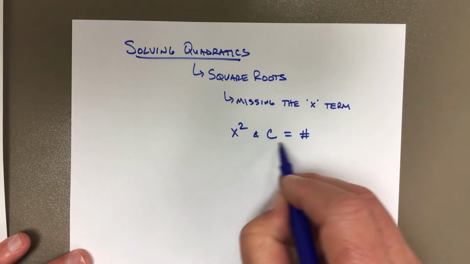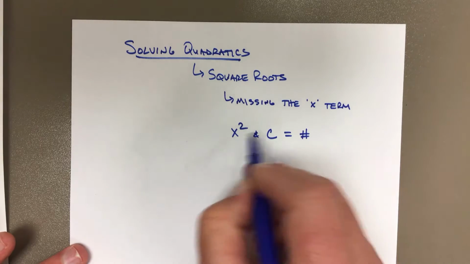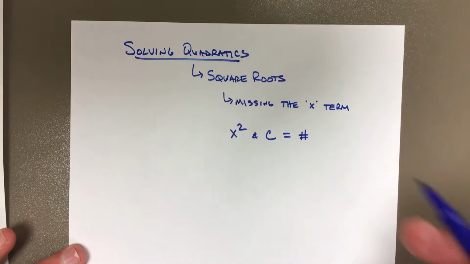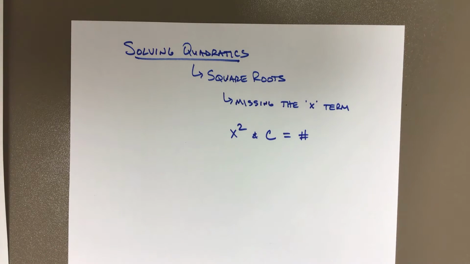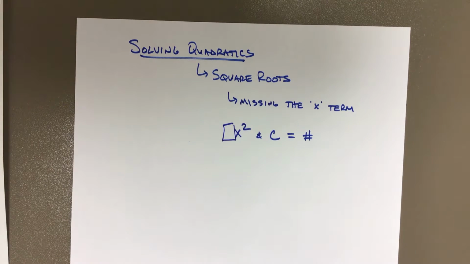And sometimes these are already separated, however we want to do it. But you're going to have an x squared term and a number, adding and subtracting. And sometimes there's going to be a number that's attached to the x squared term, but we'll get into that in a minute. All right, so what the whole thing is square roots, we have to remember a couple things